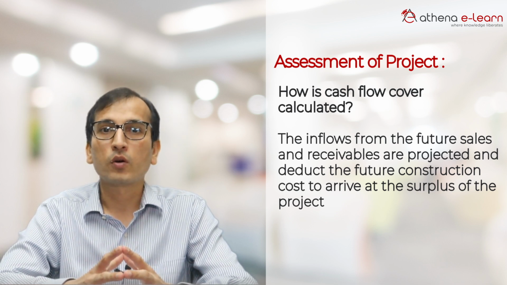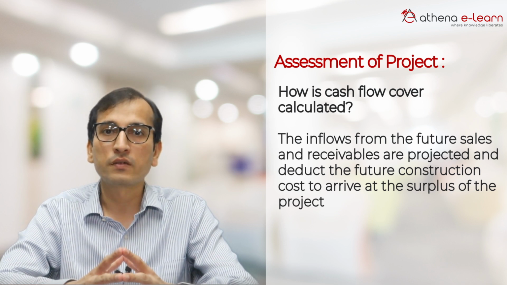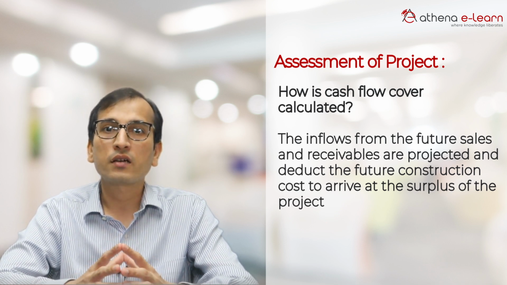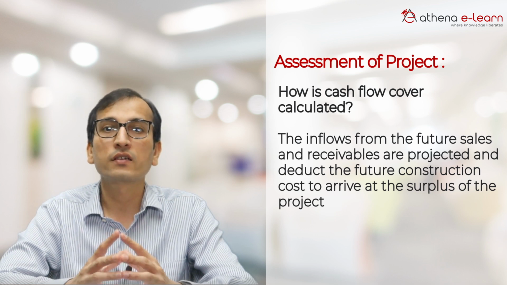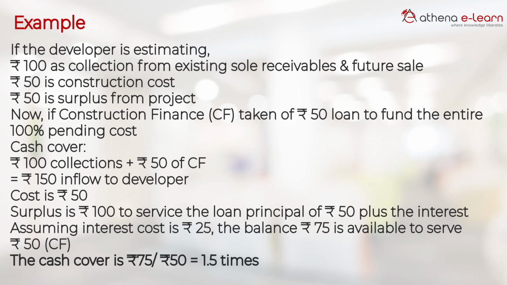To elaborate this further, the cash flow cover is calculated as follows. The inflows from the future sales and the receivables are projected, and you deduct the future construction cost to arrive at the surplus of the project. For example, if the developer is estimating 100 rupees collection from the existing sold receivables and future sale, and he is estimating that he will spend 50 rupees on the construction, the surplus from the project is estimated to be 50 rupees. Now, if we assume that a 50 rupee loan is taken to fund the entire pending cost,